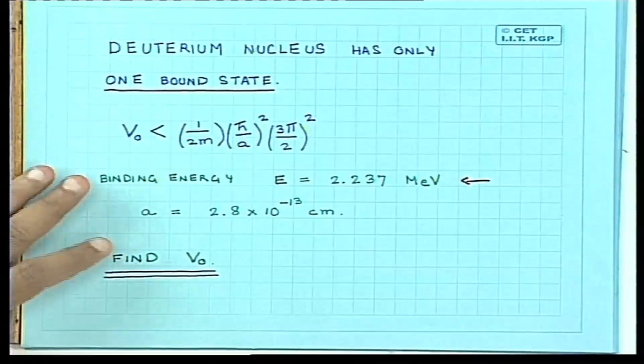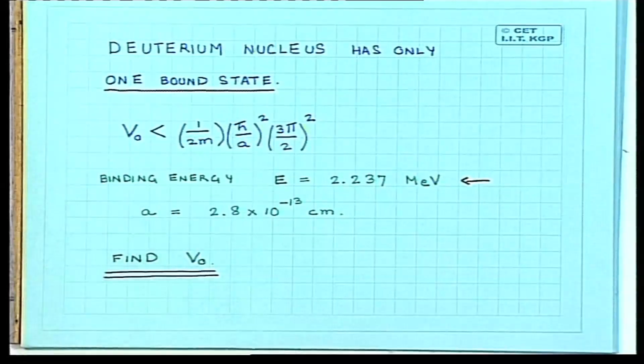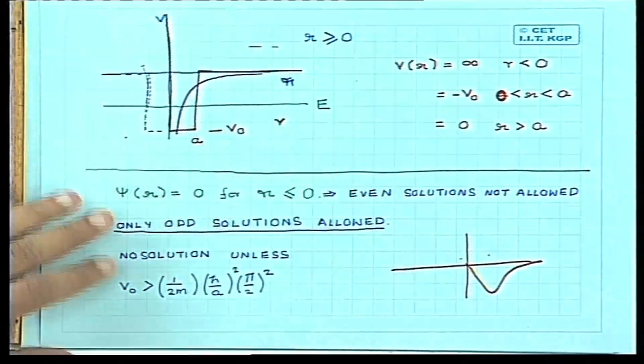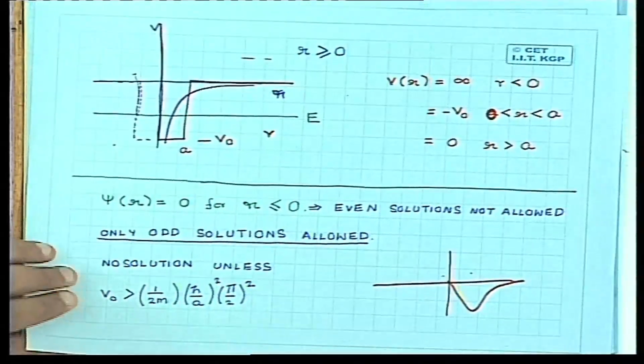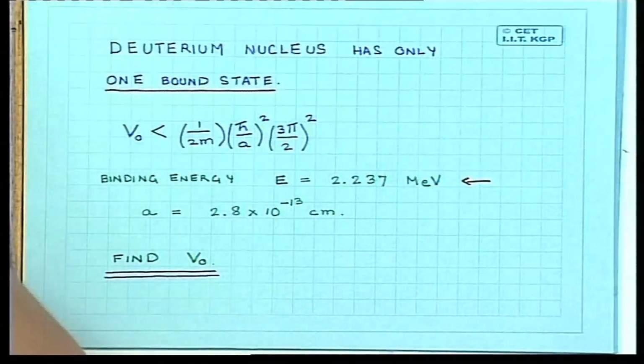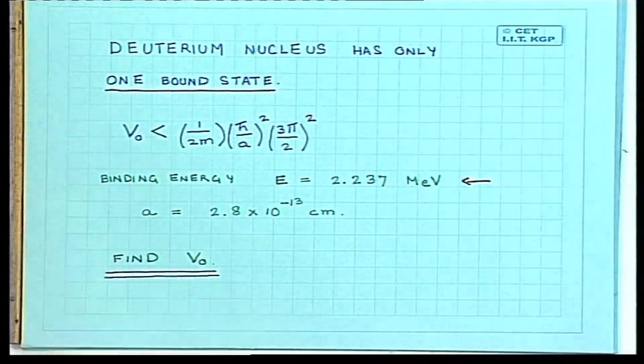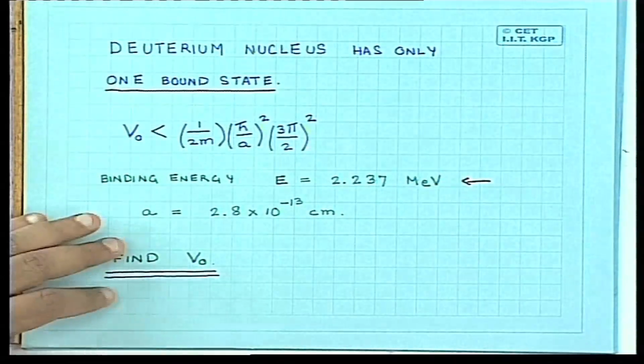So this is one way in which this simple model which we have just discussed can be used to find out the depth of the nuclear potential. No doubt this is a somewhat crude model for this kind of a potential, but it is better than being able to do nothing. Okay. So this gives us some idea of the depth of the nuclear potential in this crude model.